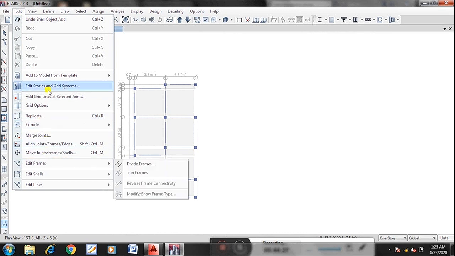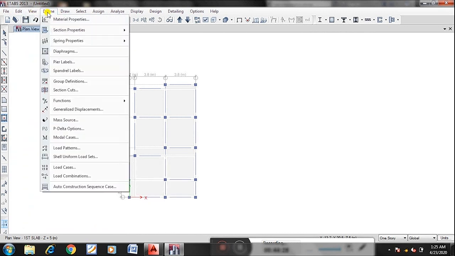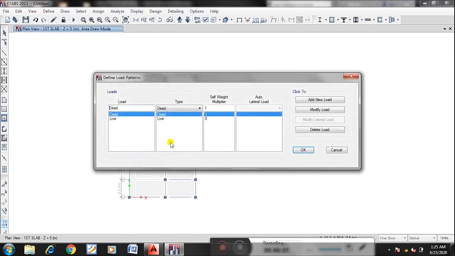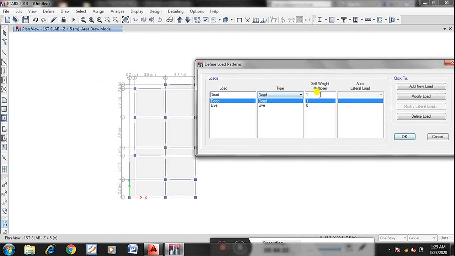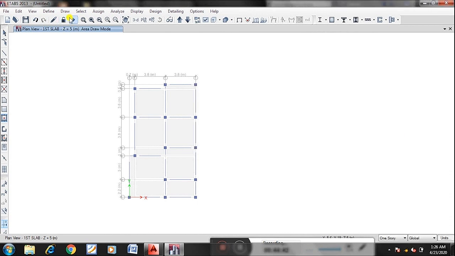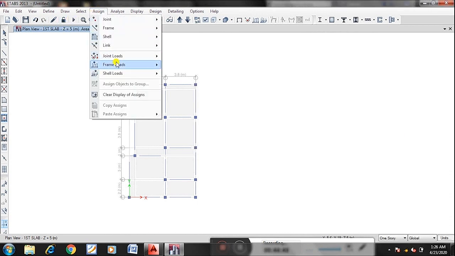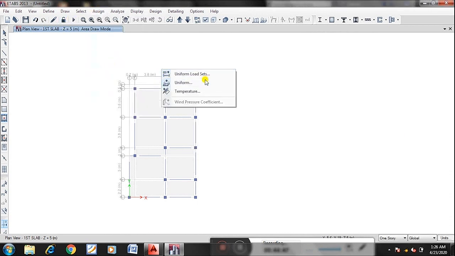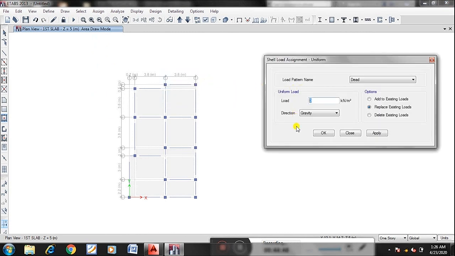Here I'll come to define load patterns. As I said, self weight multiplier 1, live load you keep as it is, 0. So dead load, live load already defined. No problem. So here it is, and assign shell loads, uniform loads, and I'll take live load